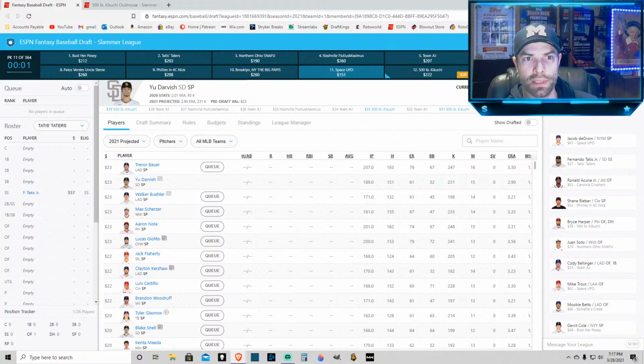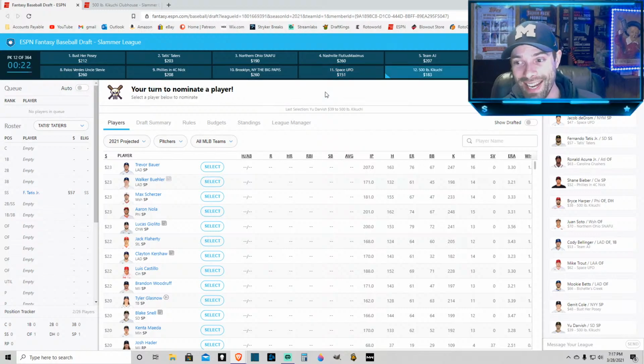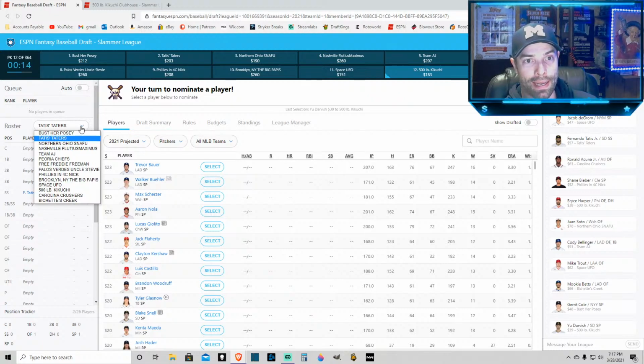AJ wants him, so I'm gonna just sneak in one last dollar here, and maybe I can get him for 39. But I don't think AJ is gonna let that happen. Oh, maybe he will. Okay, snuck in with the snipe. $9 cheaper than Cole. Darvish. So far I've got my...